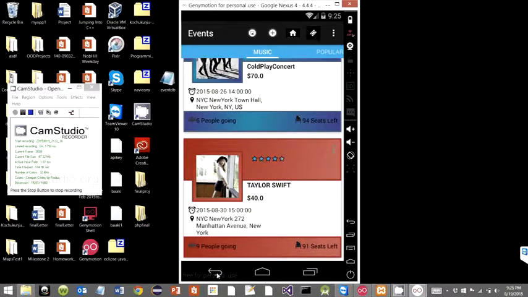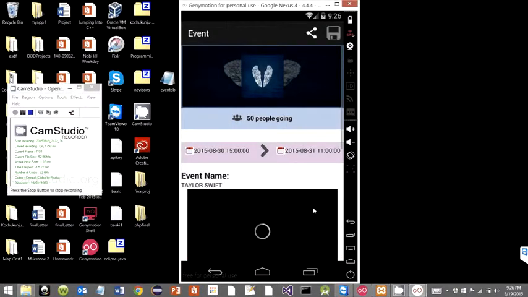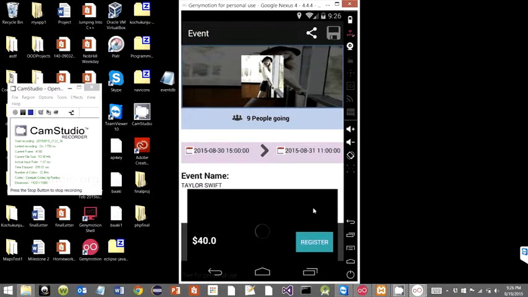So coming back, we have reached the music. On click of this, Sahiti will explain how a detailed activity opens up, having the details of this event. Now when I click the same Taylor Swift event, in the usual activity, any recycler view would do the same thing.